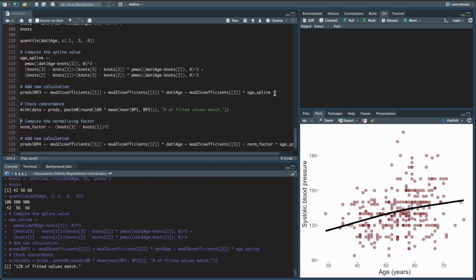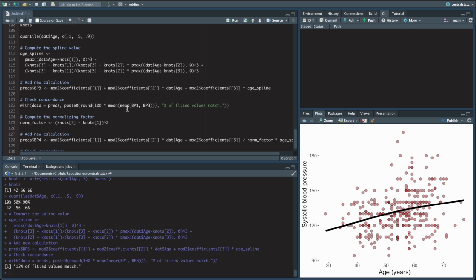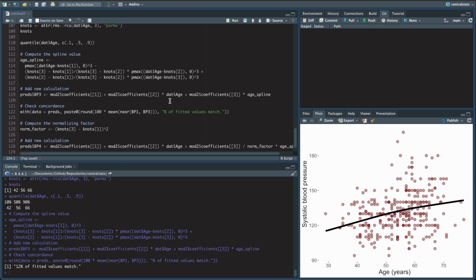So now if we check the concordance, it says only 12% of fitted values match. So I guess we got some of them right, but obviously it's not correct based on what R gives internally with the predict function versus what we just tried doing with this complex spline formula. We're still getting the wrong answer. So we need to figure out why, but we got some of them right, so maybe we're on the right track. And so this is where the final piece of it comes in, and there's something called a normalization factor